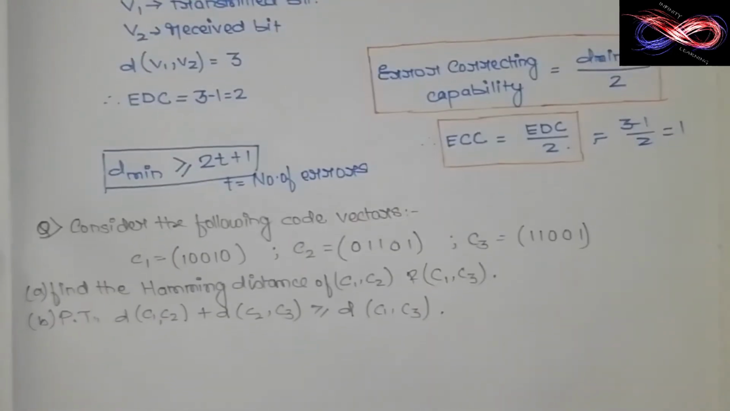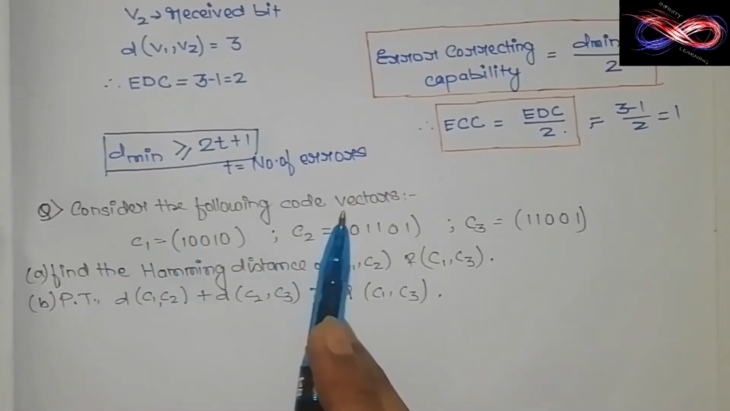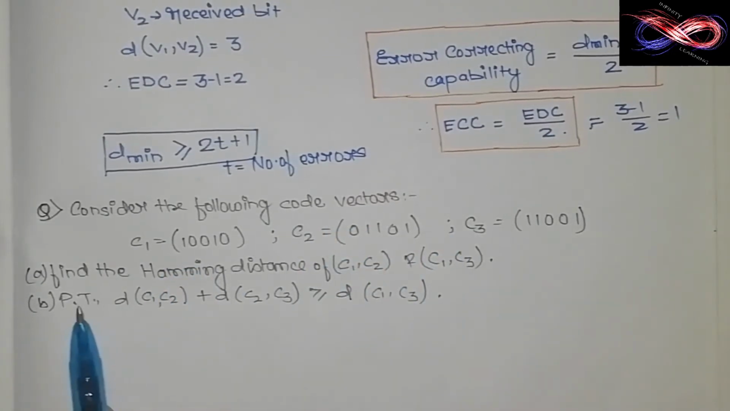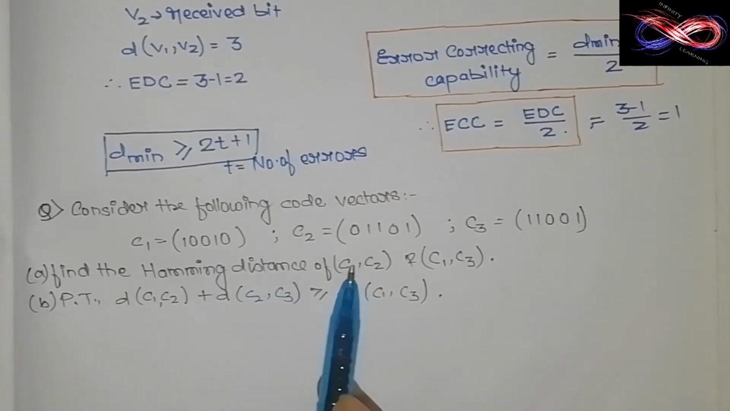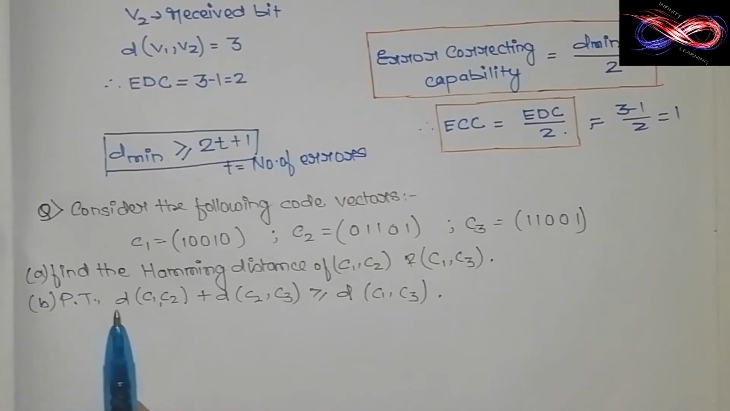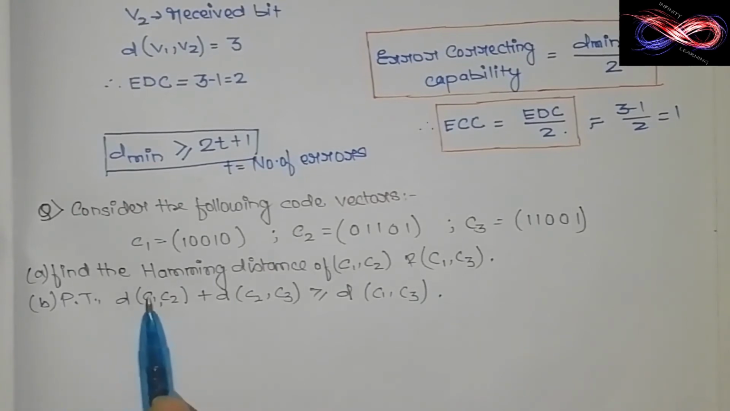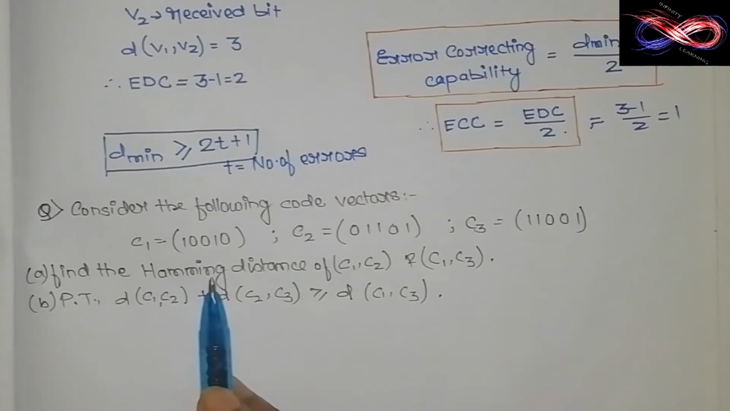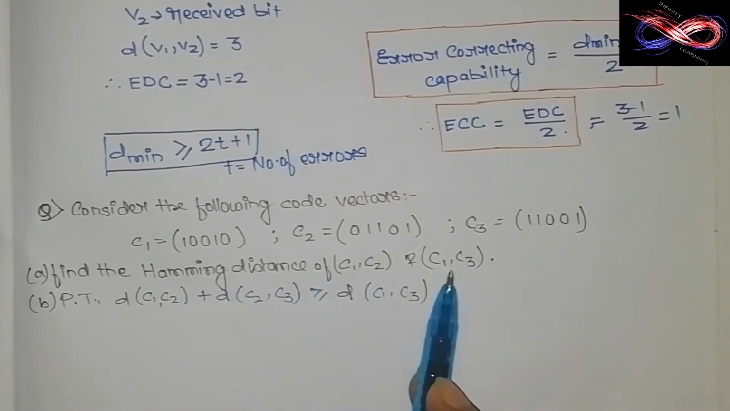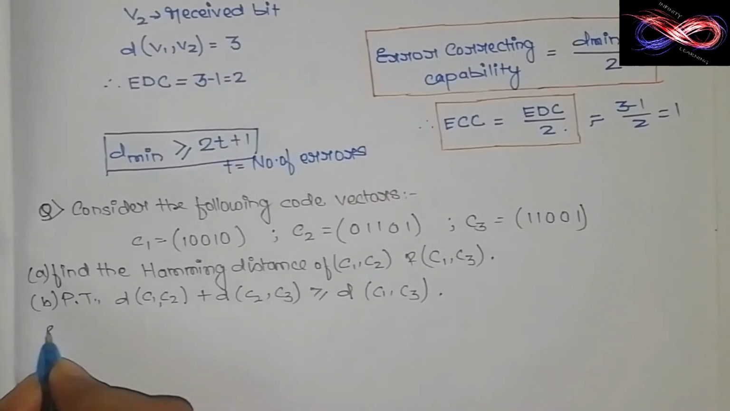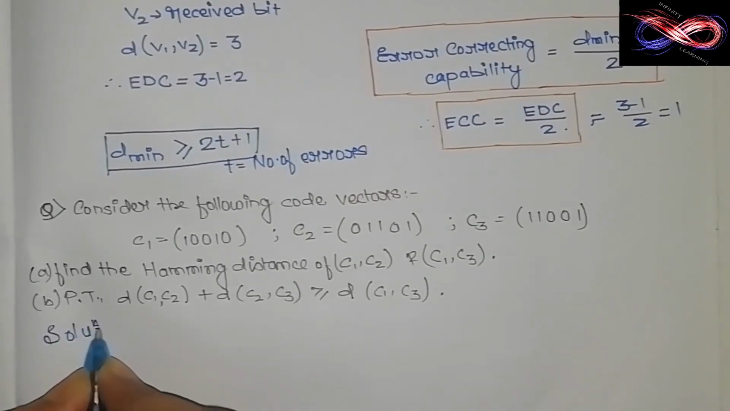So here the question states, consider the following code vectors C1 given as this, C2 and C3. We are required to find the Hamming distance of C1 C2 and C1 C3, and the B part says that we are required to prove that d of C1 C2 plus d of C2 C3 is equal to or greater than d of C1 C3. So basically we are required to find the number of ones in these two combinations, and we are required to prove the inequality that we discussed above. So proceeding to the solution,